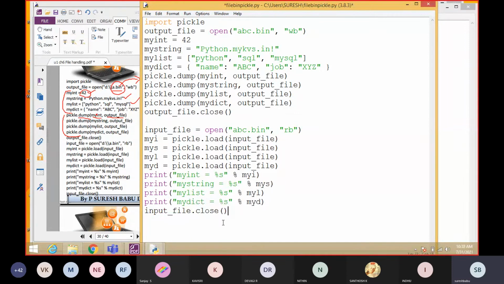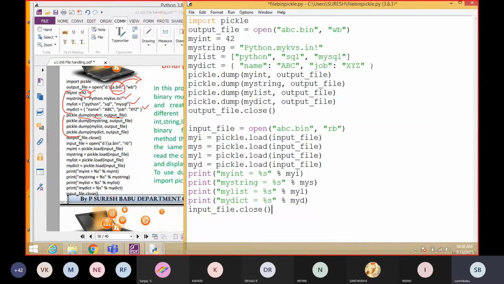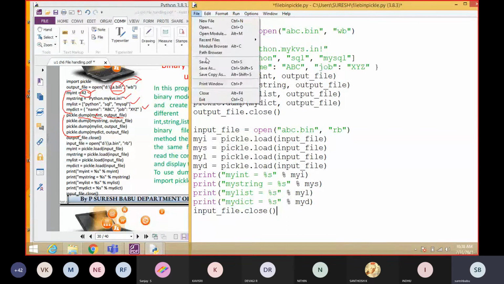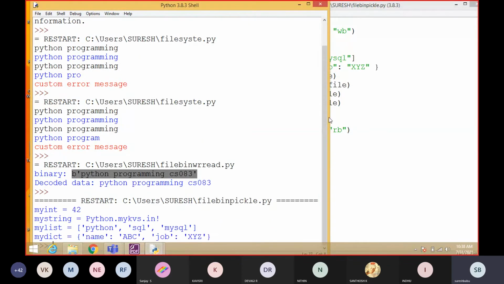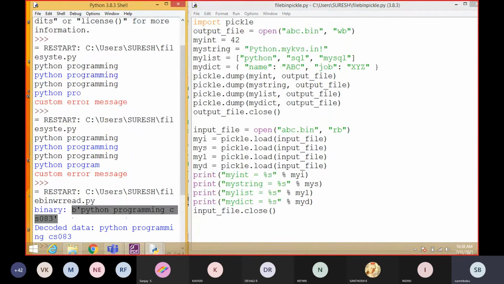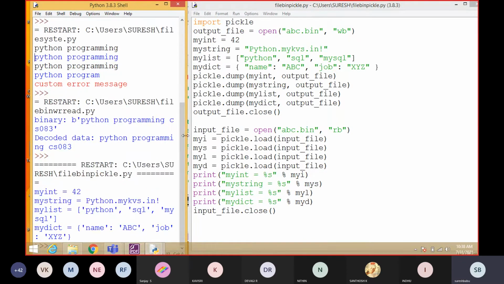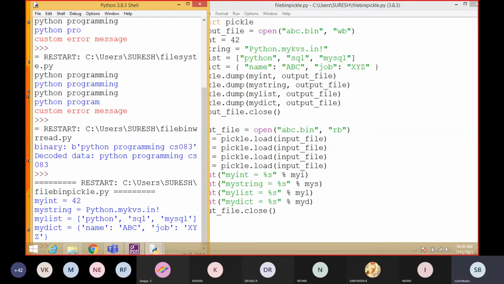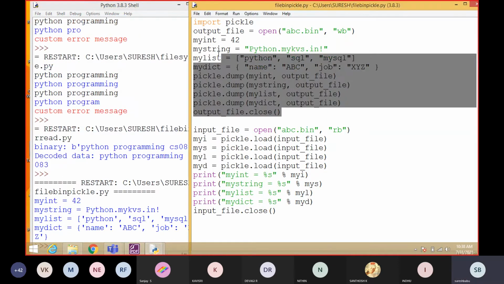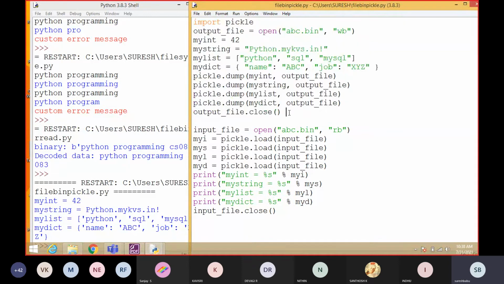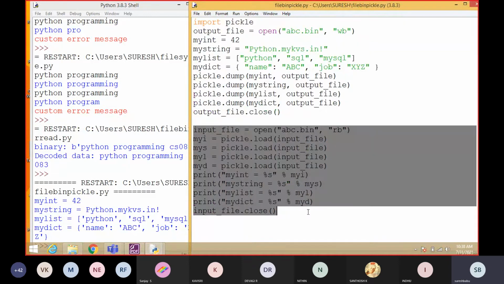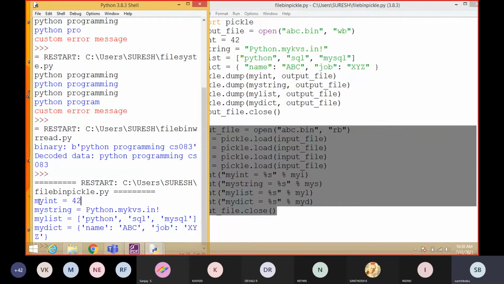This is the thing I am going to use. So see, I am going to execute this program. Listen, this is a binary program using the pickle module. The pickle module is used for binary file handling. Reading the data and writing the data happened inside, so it is not going to display anything. After reading only, it will display all the output on the screen. So see here, we are displaying all the inputs.